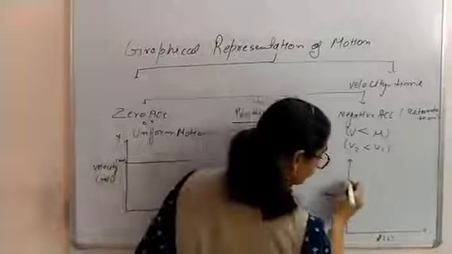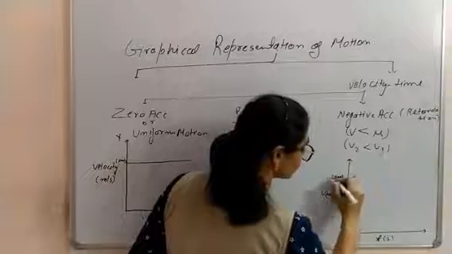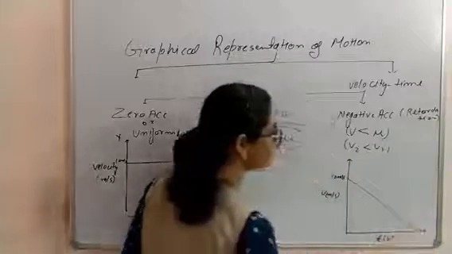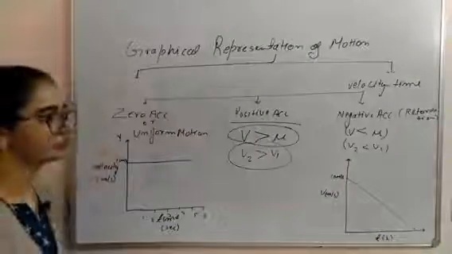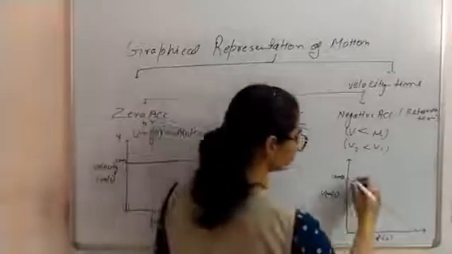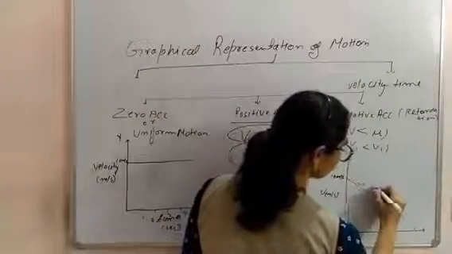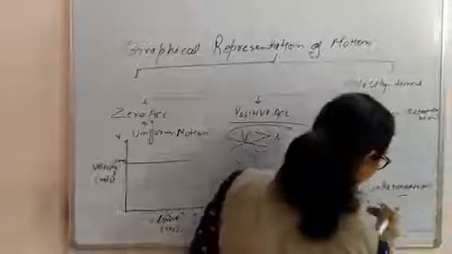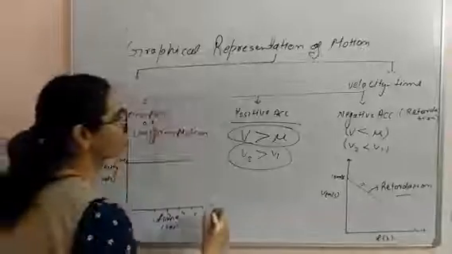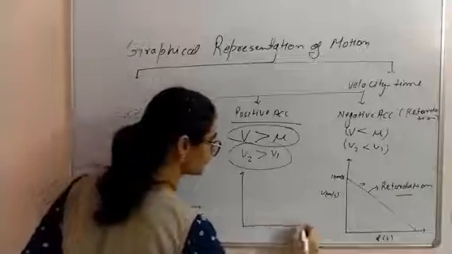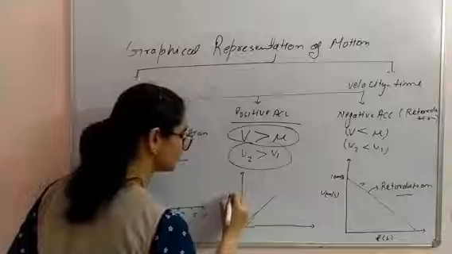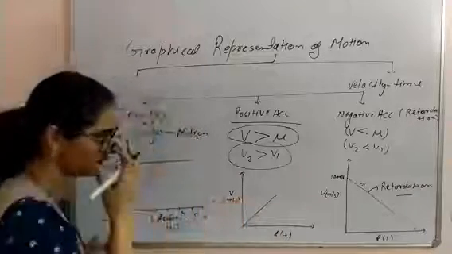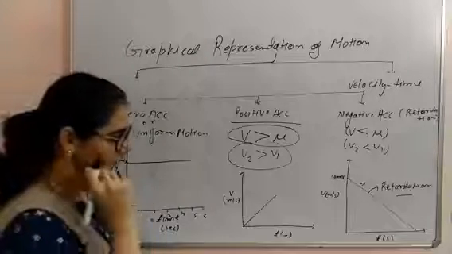If the object was moving with 10 meter per second, suppose, and as you applied the brake, after a certain duration of time the object came to rest. Such type of acceleration is basically called negative acceleration. Here the slope is representing retardation, or we can call it negative acceleration. Clear? Okay. So in positive acceleration we were having this type of graph. This is V, this is T, seconds, and this is meter per second. Clear?